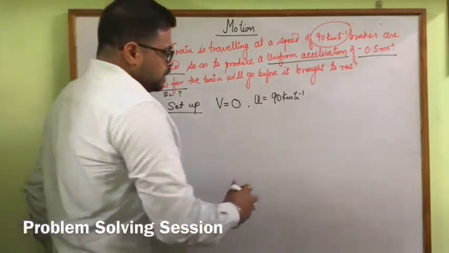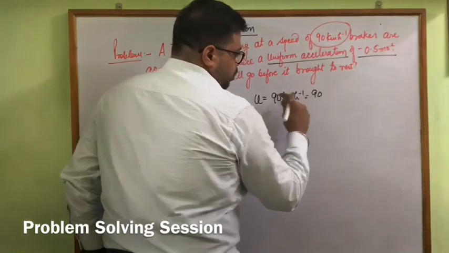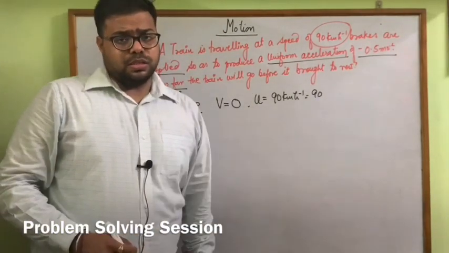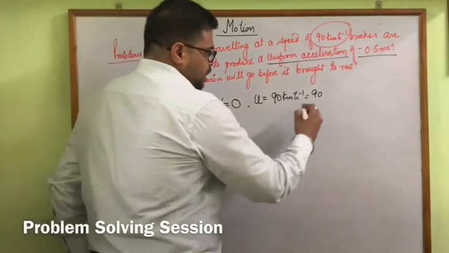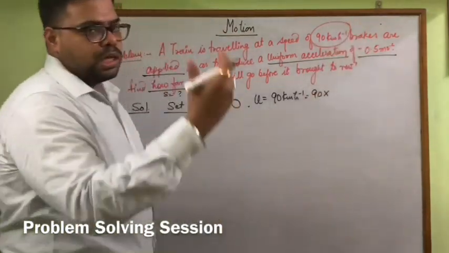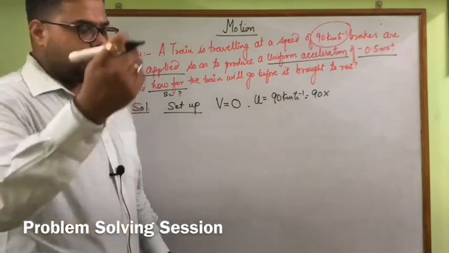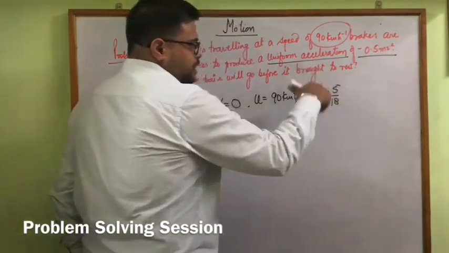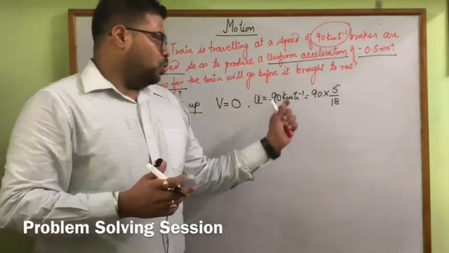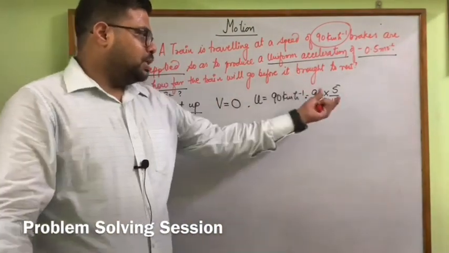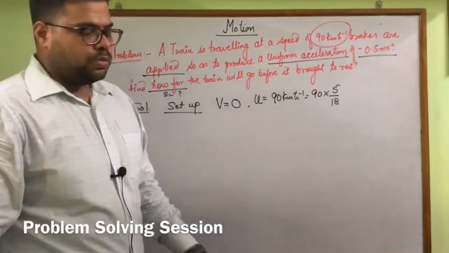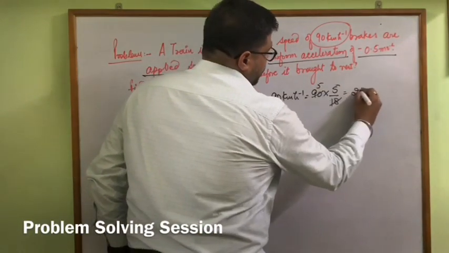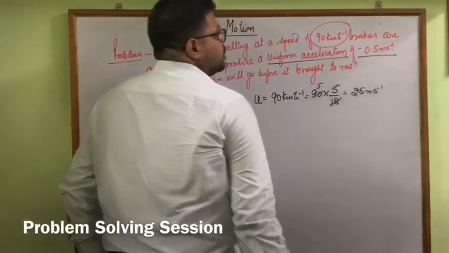So we have to convert. When we convert kilometers, we multiply by 1000 and divide by 1 hour, 3600 seconds. Mathematically, when we solve 1000 and 3600, the shorter form comes 5 by 18. So always remember, when we have to convert kilometer per hour into meter per second, just multiply with the factor of 5 by 18. So 18 fives are 90 and then it will be 25 meter per second.